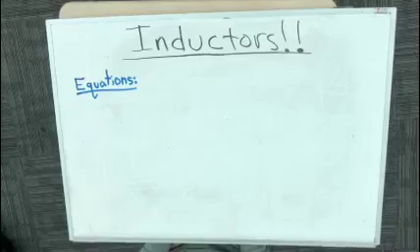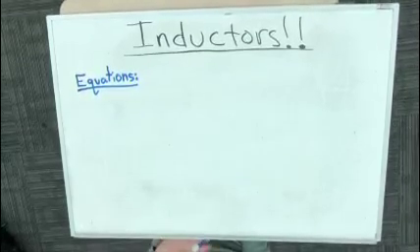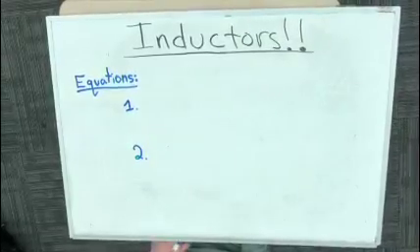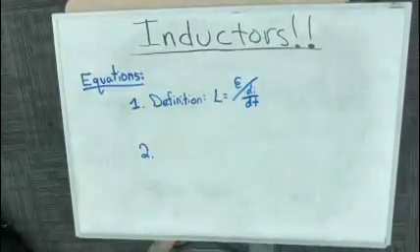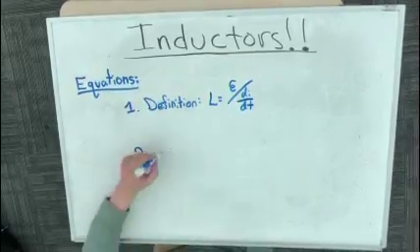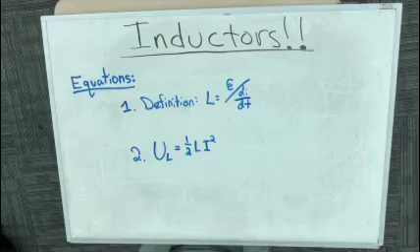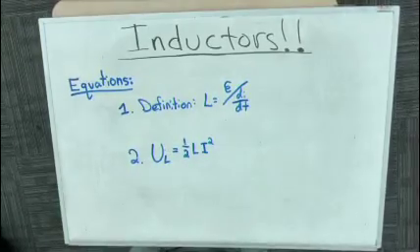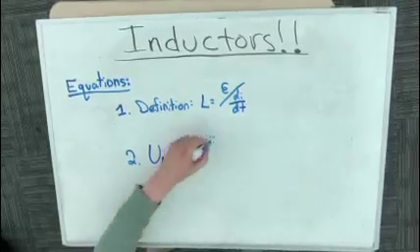So luckily, you don't need to know a lot of equations for inductors. There are only 2. The first one is just the definition of inductors that we went over. The second one is also pretty easy, and it's about potential energy of an inductor. The reason that we use capital versus lowercase I is to denote whether something's changing or not. To remember this equation,